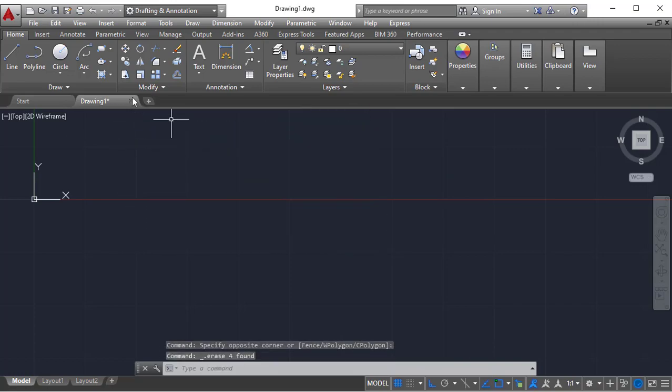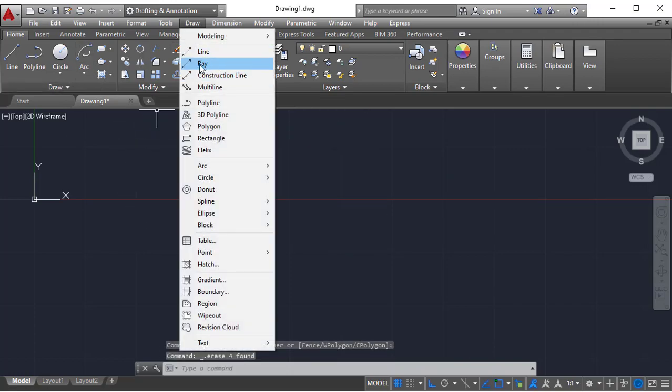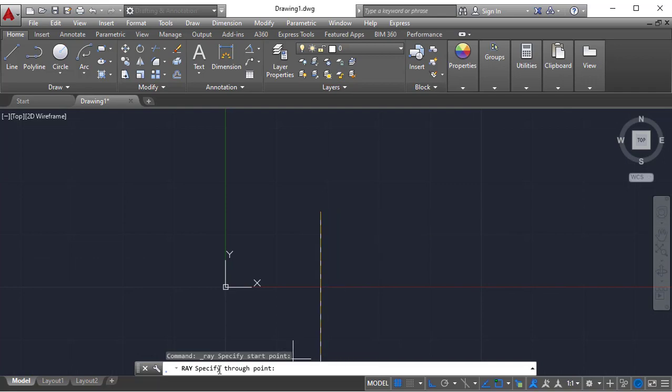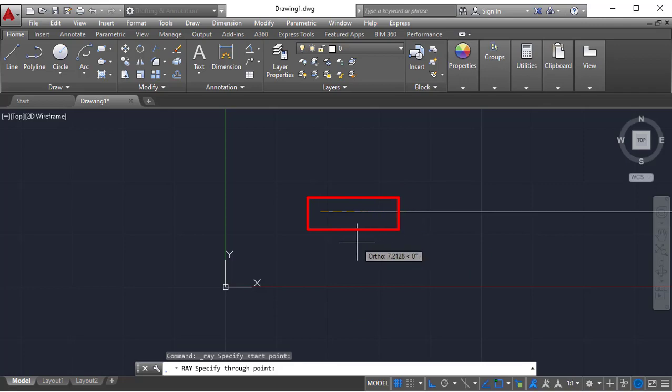The next command is the ray command. I can simply type ray or click here, and it asks to specify the start point. I clicked a start point somewhere and it asks for a through point, and you can see the dotted line it is indicating.